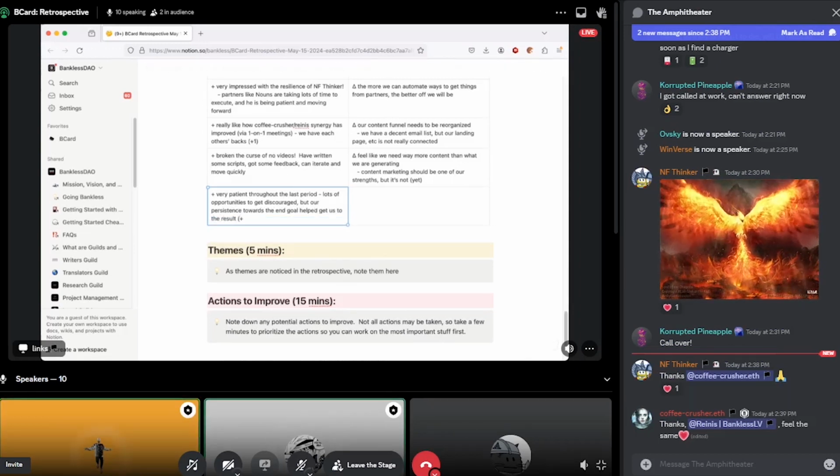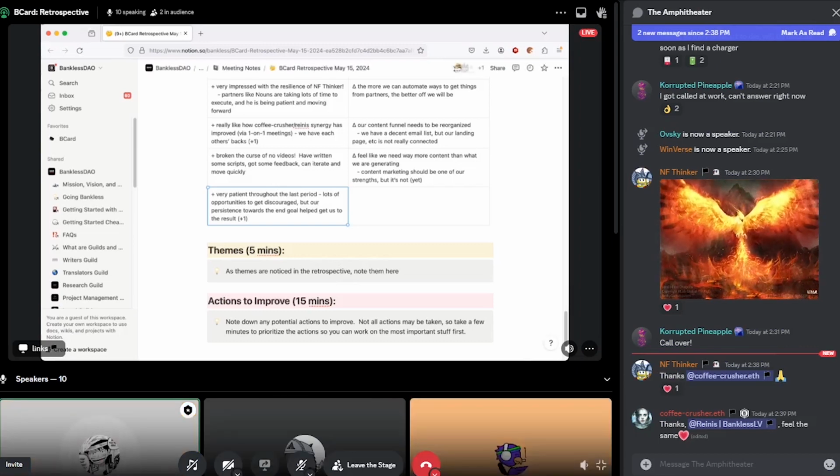Absolutely. I want to plus one that because it's been 2 years, right? So it's not just the last couple months, but our patience and persistence over the last 2 years. I think that's really one of our top values, our persistence. And to have persistence, you must be patient. So I really want to plus one that. I think that if we have a team like that, we're going to end up having a product like that too, and I think that's really, really important. So thanks for that, Tom.